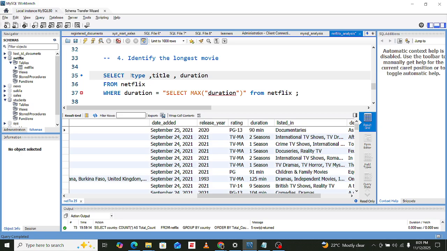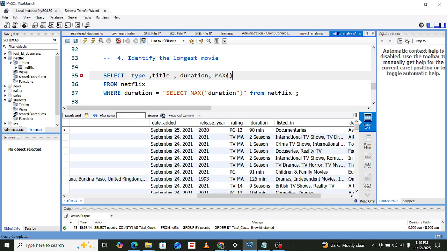And then there you put max and then open duration on the select part, the first part, and then we have comma max here.